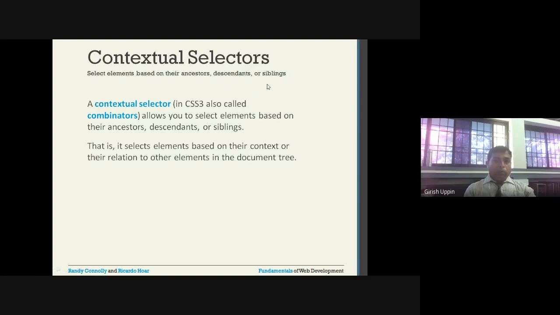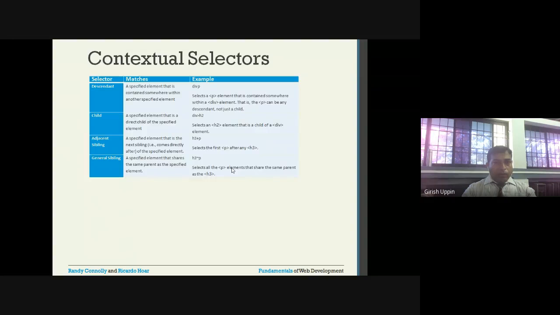And siblings. What are siblings? Siblings are the children of the same parent. Based on this, we can have the selector. Those are called contextual selectors. Contextual selectors in CSS3, also called combinators, allow you to select elements based on their ancestors, descendants, or siblings. That is, it selects elements based on their context or their relation to other elements in the document tree. So based on the context, meaning the relation, we can have particular selectors